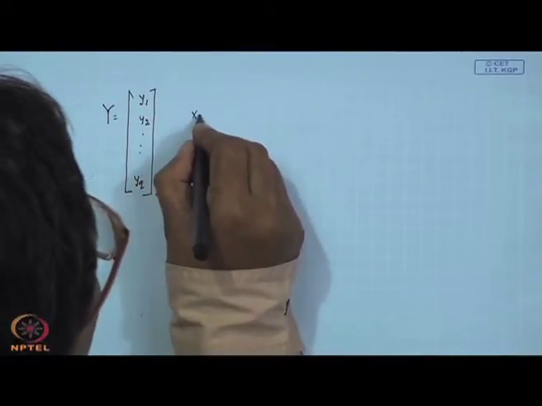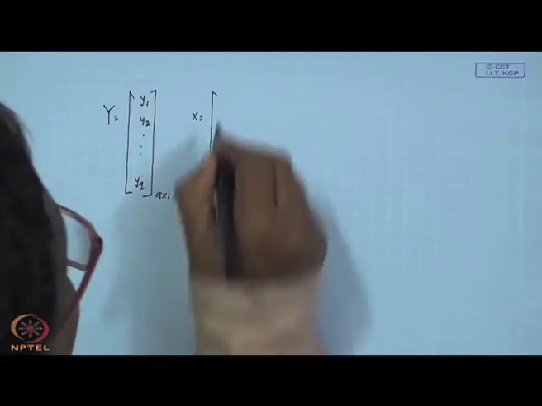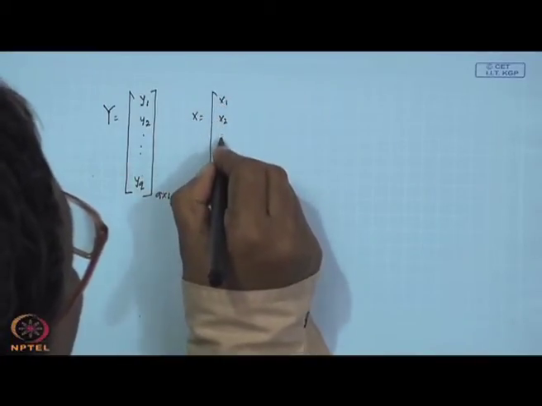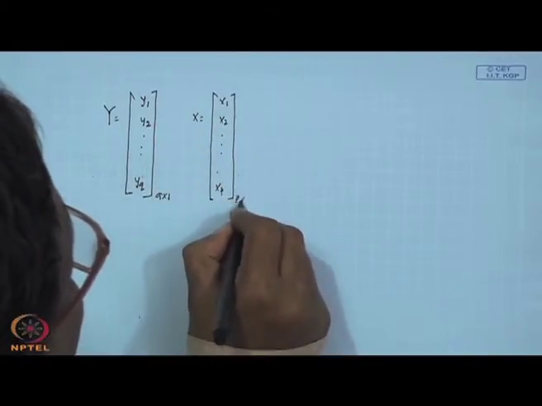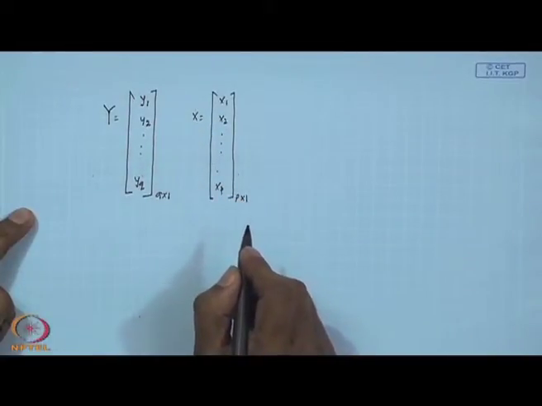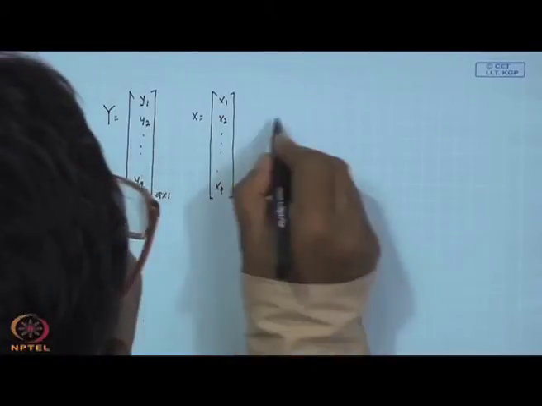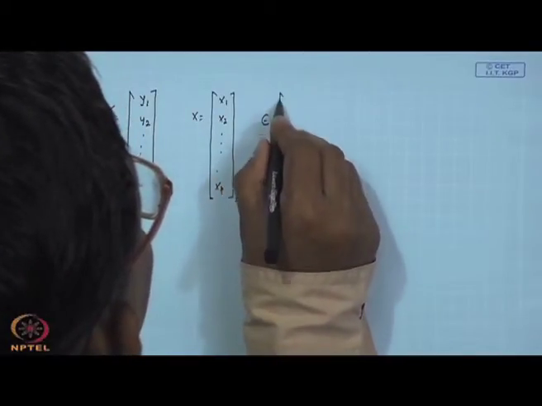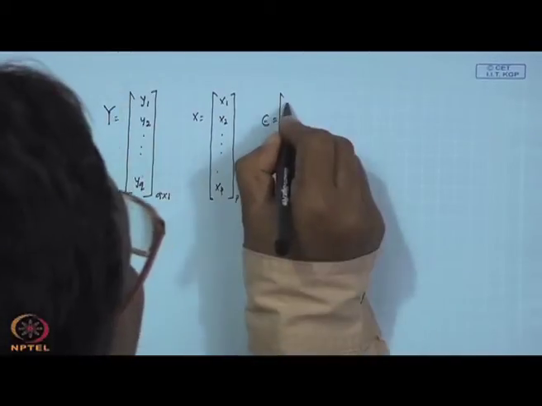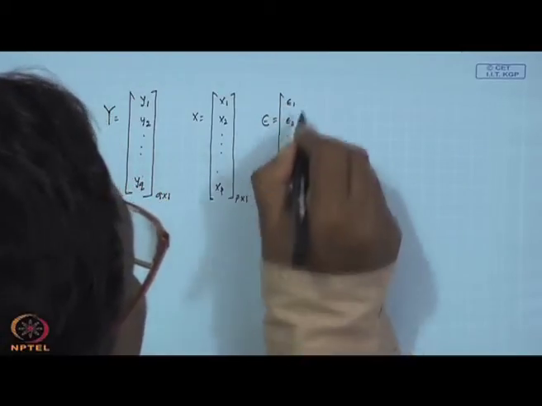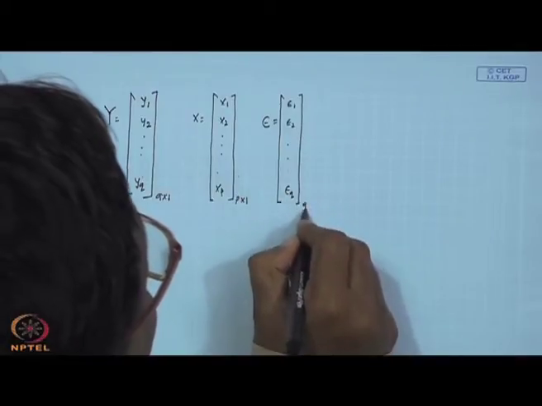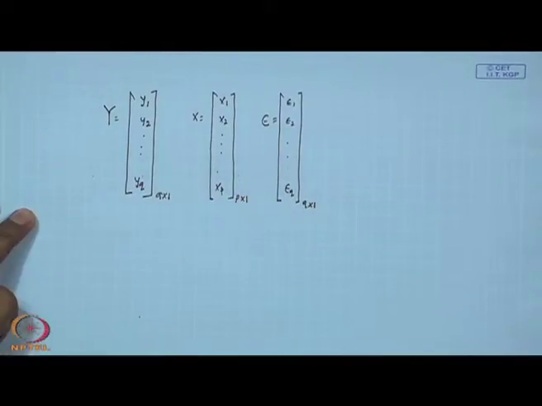We have x independent variable side x1, x2, xp, p cross 1. Okay. You also have your epsilon 1, epsilon 2 like this, epsilon q, q cross 1 random error variables,